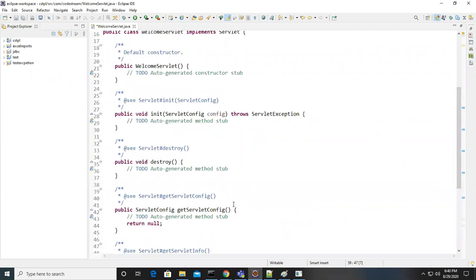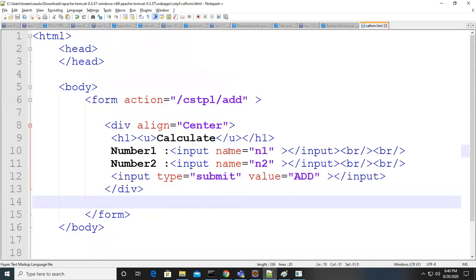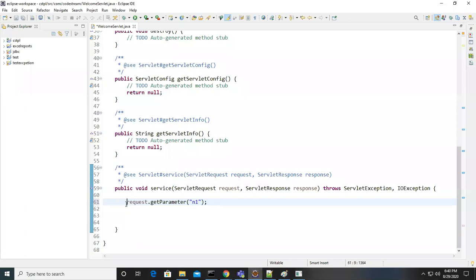Okay, so look at this. From the request object, we just call the getParameter method. For this getParameter method, you have to give the parameter, the name of that input. We already named it N1. So use N1 here: String number 1.